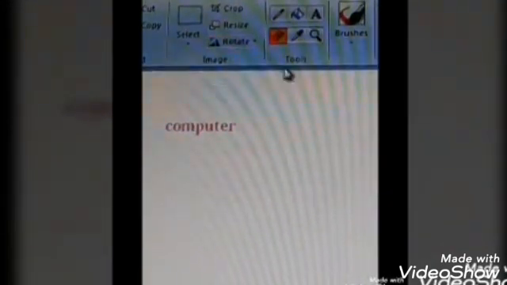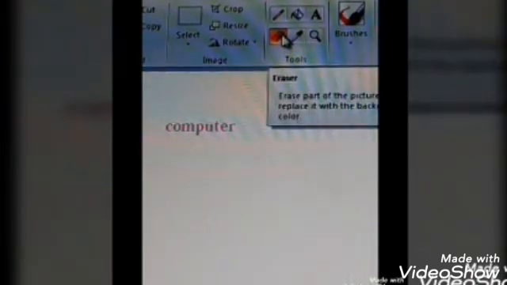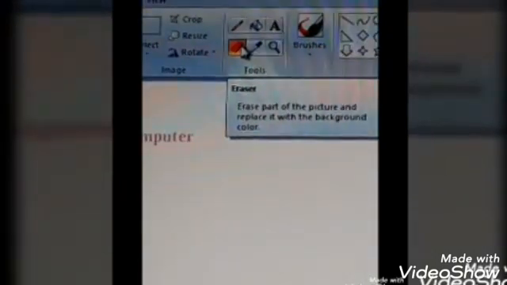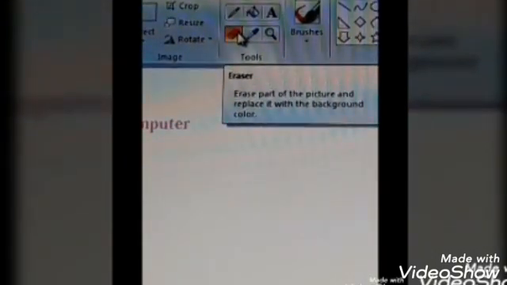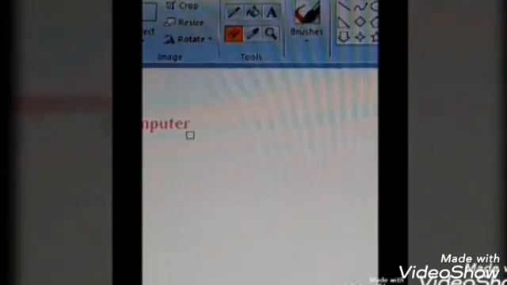Okay. Now we will see the next option. The next tool is the eraser tool. You can see the pop-up, and the pop-up reads: eraser. Eraser is the tool which we use to erase part of the picture and replace it with the background color. Okay children, I will just use it and show you. See, this is the eraser. You can see the small box moving. The cursor has changed shape. You can click and drag. It will erase. It is like how you use a normal eraser.